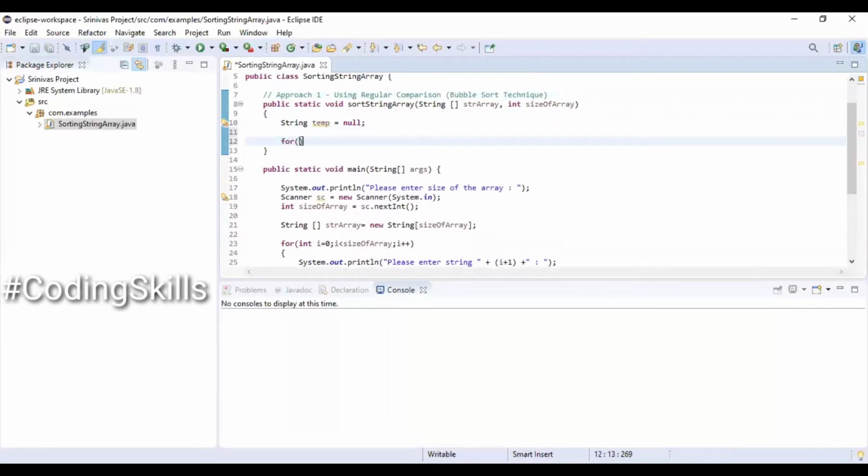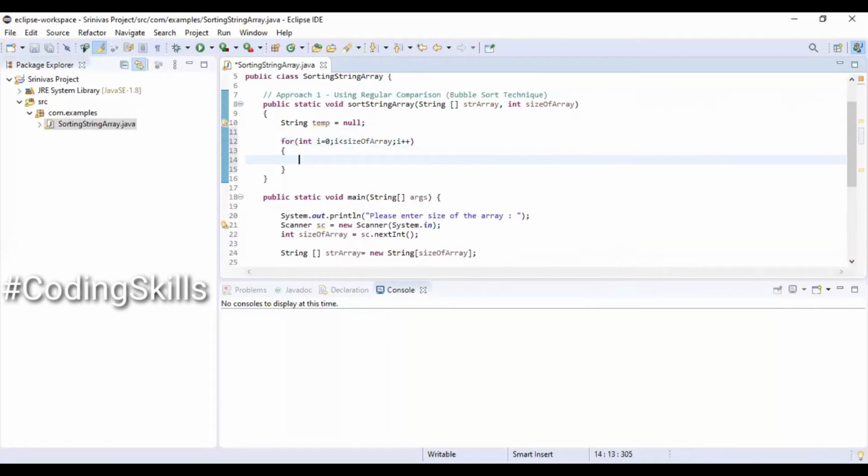For int i equal to 0, i less than sizeOfArray, i plus plus. For int j equal to 1, j less than sizeOfArray minus i, and j plus plus.